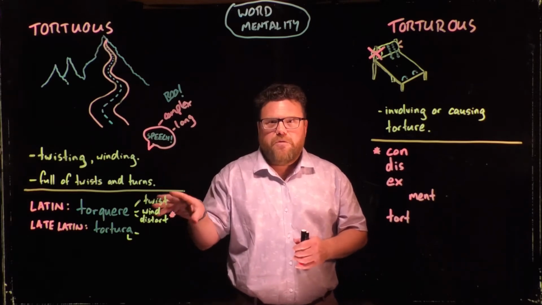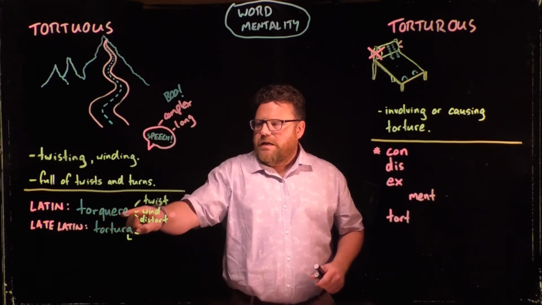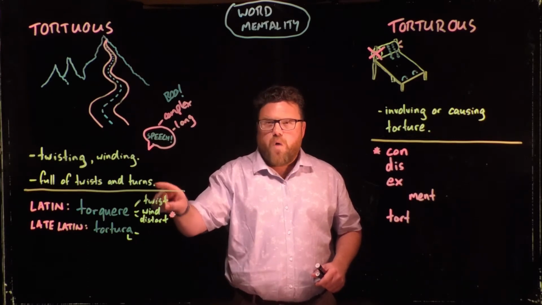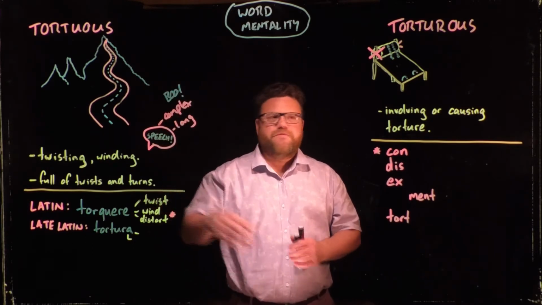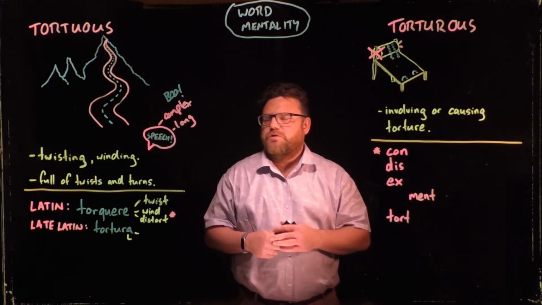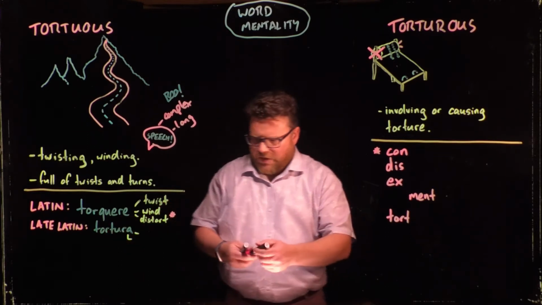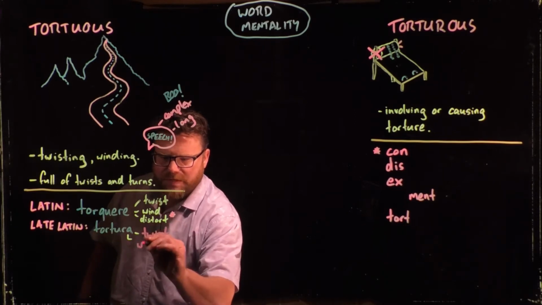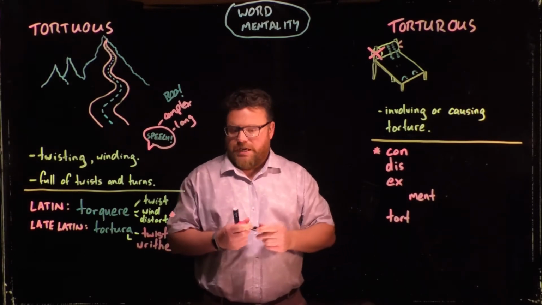Let's look at where the word came from to see why these two words are so similar. We have to go back to the Latin word here for the origin, and this word means twist or to wind or to distort. Okay, and you can see that the winding road comes from there, but also the winding and distorting of the body during the process of torture. And then if we look at the late Latin, we get this word torturer. And torturer is where we sort of find the meaning of to twist or to writhe. And then we're getting more into the area of torture.